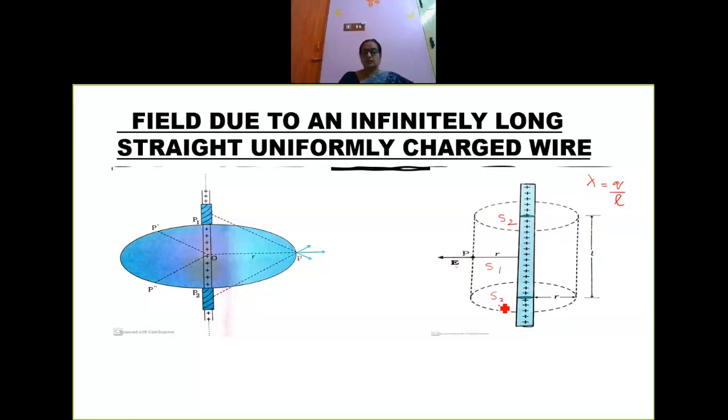Clear? So, this S1 is a curved surface, right? And S2 and S3, they are the flat circular ends of the cylinder. So, see here, this is a circular part, and this is the circular part. So, there are two circular flat ends and one curved surface. So, we need to determine the flux in these three parts, right? So, let us move on to the first